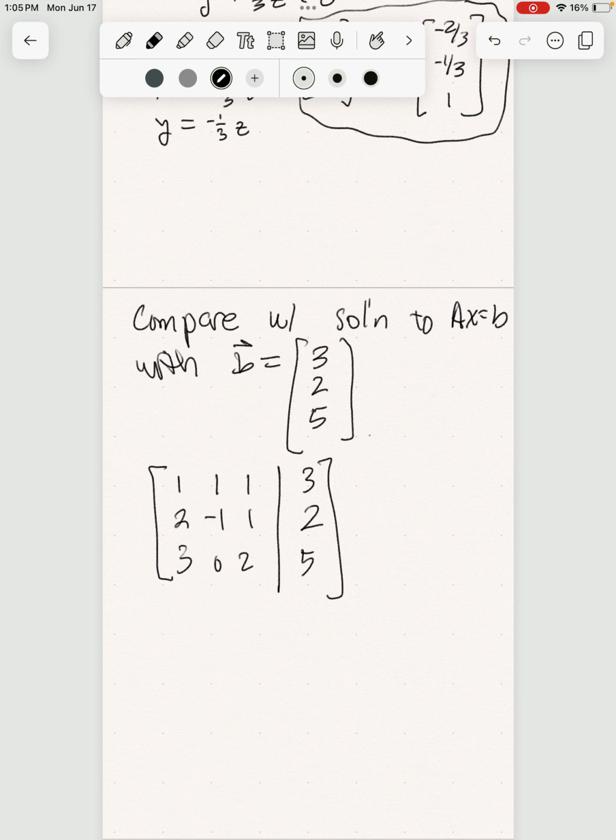Now it's the same process of getting the reduced row echelon form. If you think about it, what I'm going to get with these 3 columns when I reduce is exactly what I did before, because you're just going to get the reduced row echelon form of A. But the numbers 3, 2, and 5 are going to change. It's not just going to be 0, 0, 0 all the time, as it was for the homogeneous. So I'm just going to write down what you get and skip all the steps because it's the same procedure. You just want to make sure that you do the steps to the vector b, and you're going to get